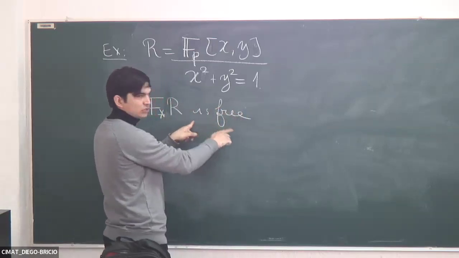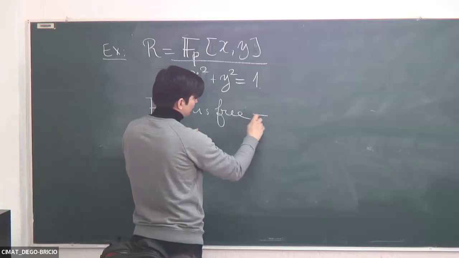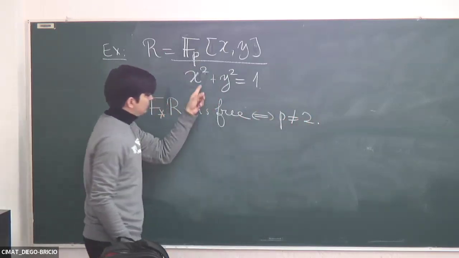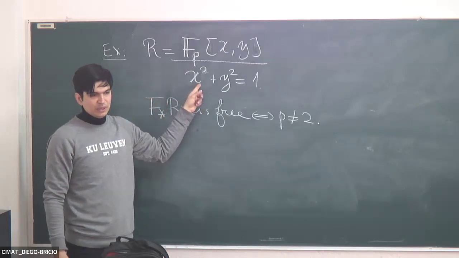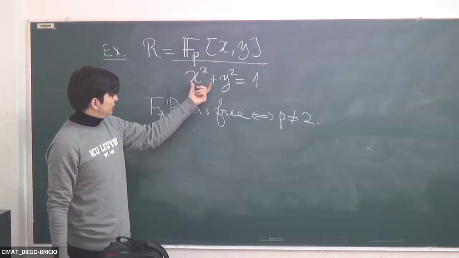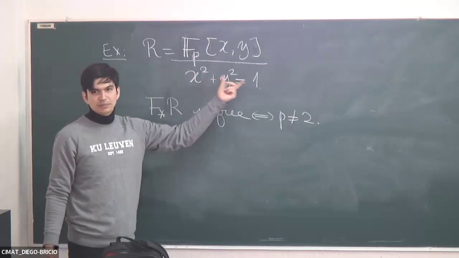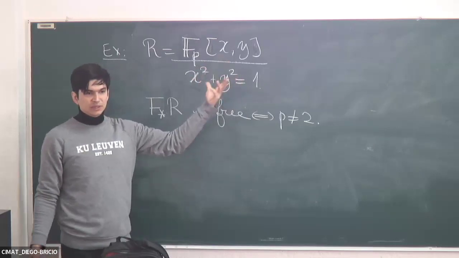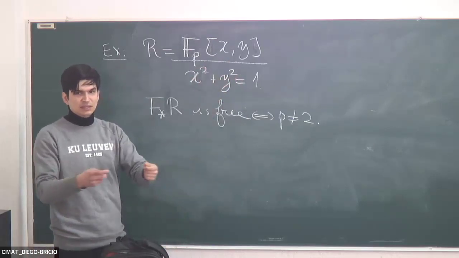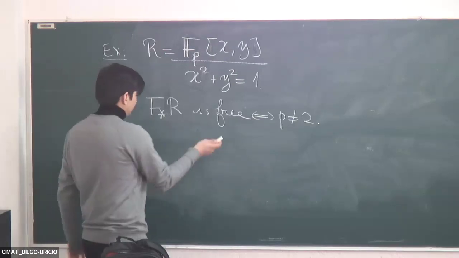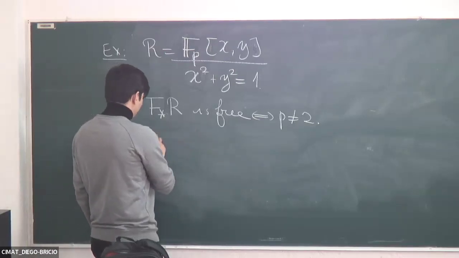Actually, it's free. It's not just locally free. It's free if and only if p is not 2, right? You can see that if p is 2, this is not even reduced, right? Because then this becomes (x+y)^2 - 1, and it's actually all x+y=1 to the square. So it's essentially isomorphic to a line, like a thick line, whatever. And however,